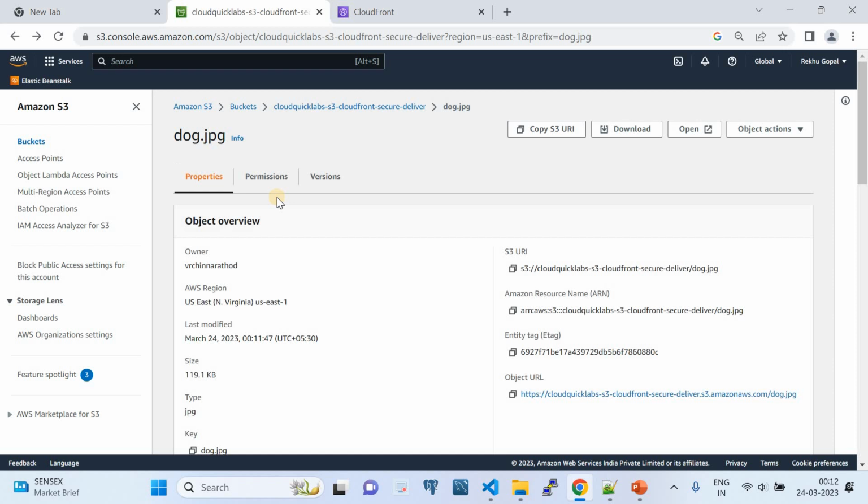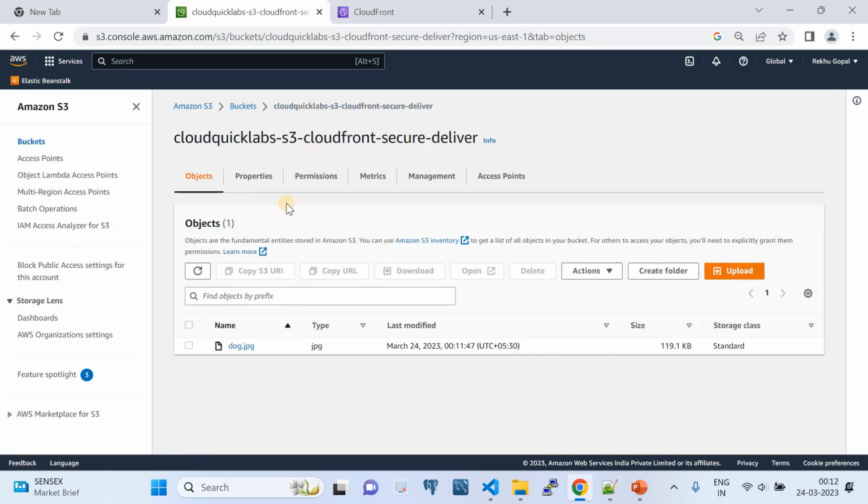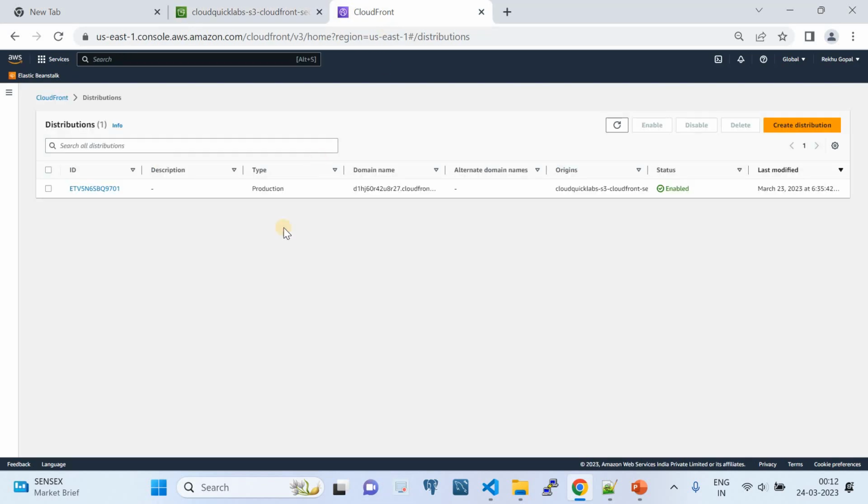Because on this bucket, we have configured public access, so public access is basically blocked. In the sense, public access is blocked. All right. So I'm going to take you to the other side of the service, that is CloudFront, which